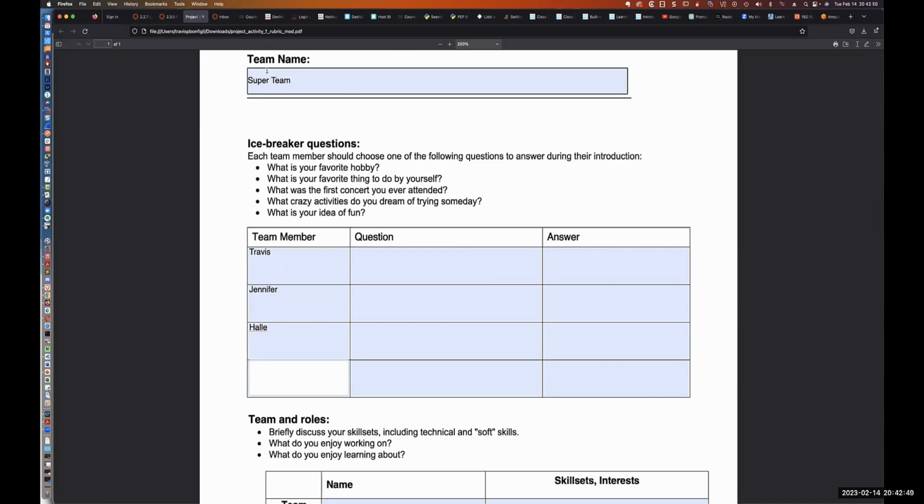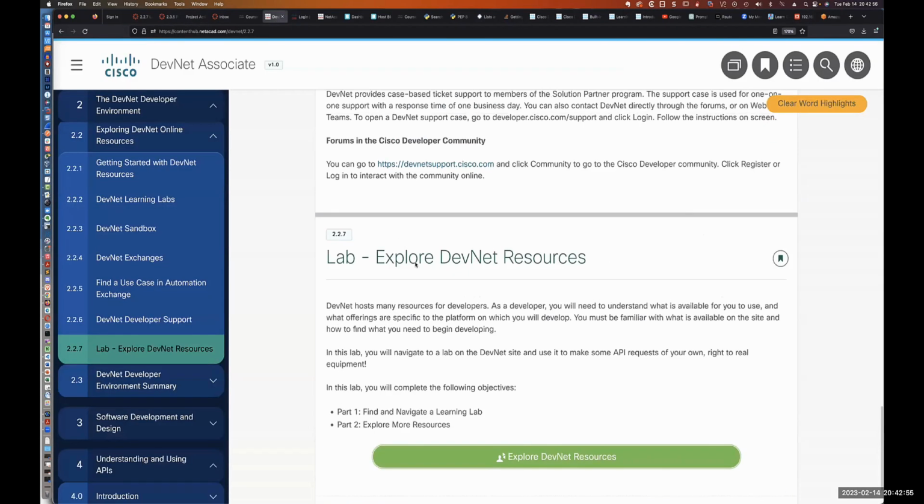So make sure that you list your team members in here, and they show you some of the icebreaker questions. Now, what you'll need to do, and this is going to be important, is you need to